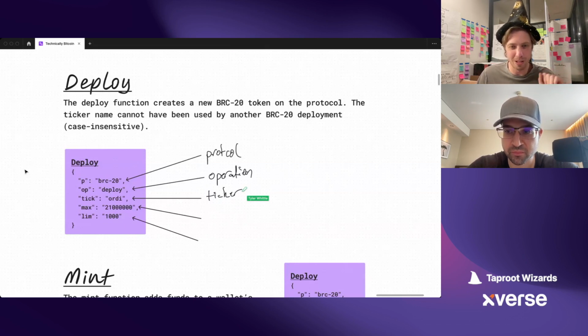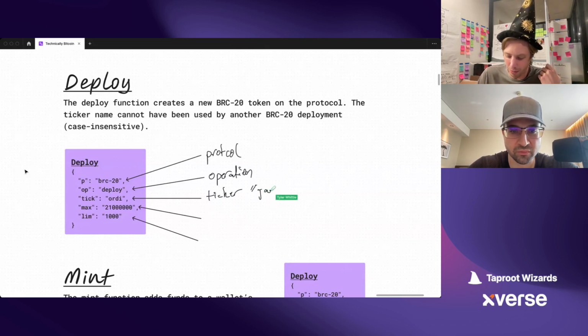You might see some BRC-20s that are emojis. And they're able to be emojis because those emojis are actually 4 bytes of data, and they just happen to be rendered to look like emojis. So if we wanted to make Jan coin, we might have to get a little creative. So we could say, the ticker may be JANC for Jan coin.